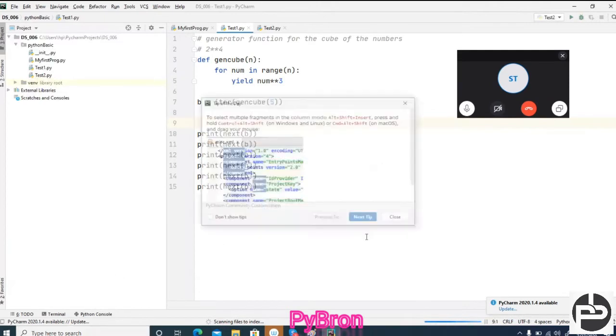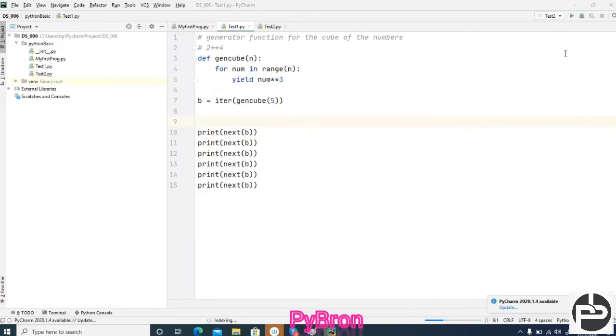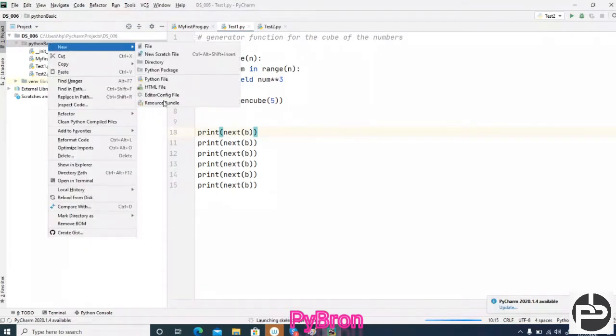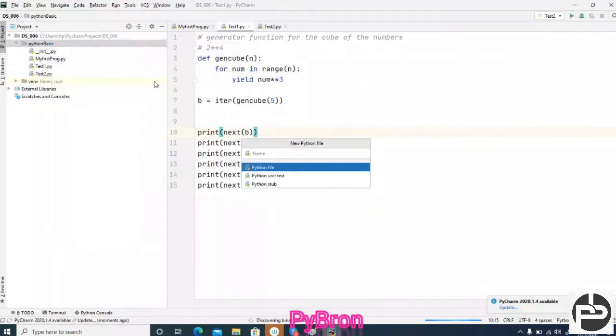Okay, cool. So what is first? I'll make a separate program for this. So new Python file, I'm going to create an ATM program.